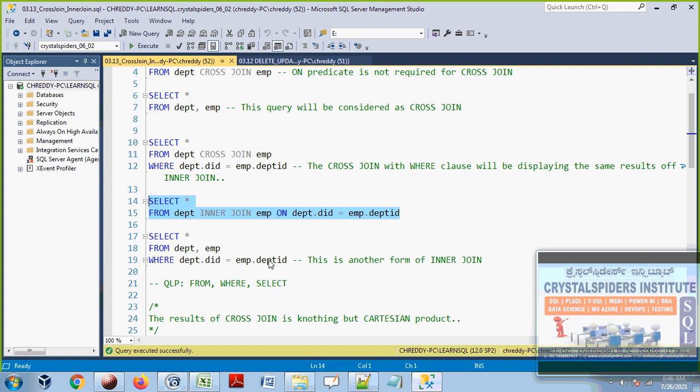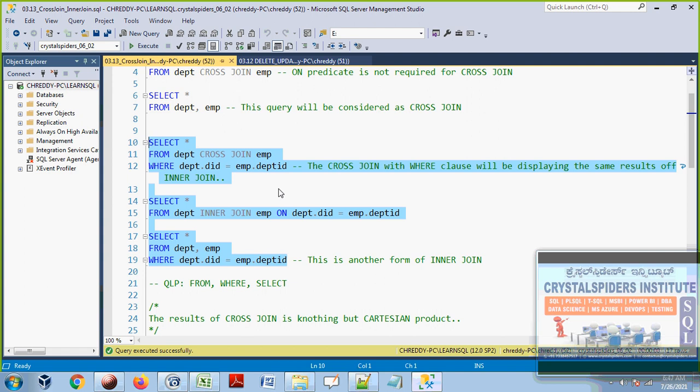And this one, see this, all these three queries are going to represent the same results. All these three queries are going to give the same results. Because here we are doing inner join, only matching data. This where clause causes it to take only the records whose DID is equal to DEPT ID. In both queries the where clause causes it to take only the records whose DID is equal to DEPT ID. So in these three cases, it is going to take only the matching records.